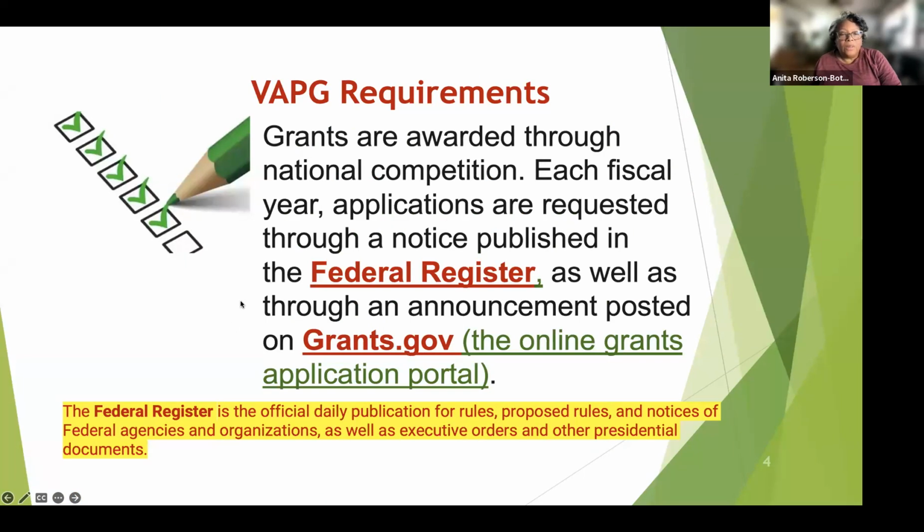Let's look at the requirements. These grants are awarded through a national competition. First, they're competed at the state level. As Emilio said, this program is usually offered annually, and it's announced through what's known as the Federal Register. The Federal Register is pretty much the newspaper for the federal government that announces rules, laws, presidential